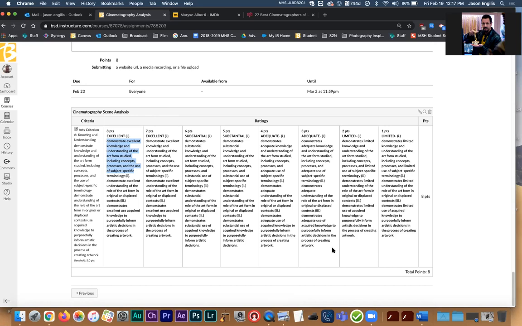So if you just say, oh, they use the rule of thirds, well, that's a 2 or a 3. If you say they're using the rule of thirds because you notice in one of the hotspots there's an actor and they're looking at something in the other hotspot on the left side, well, now you're getting a little bit closer.